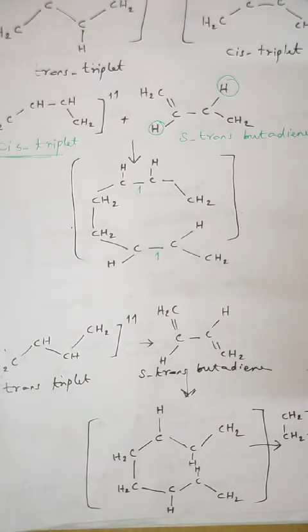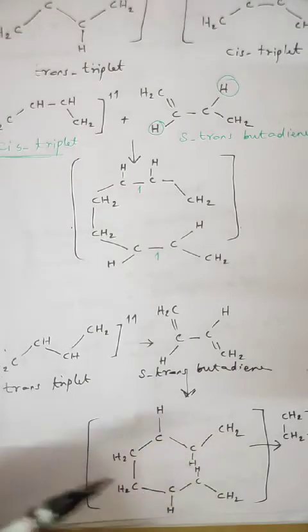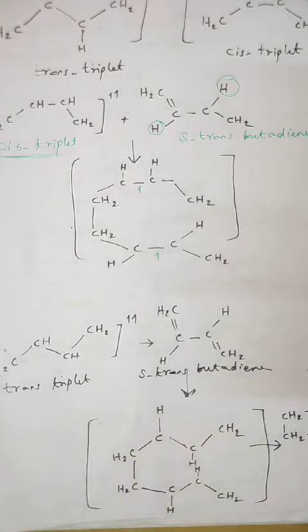Low energy sensitizers tend to give the cis triplet, while high energy sensitizers favor the formation of the trans triplet only. So based on this photocycloaddition,